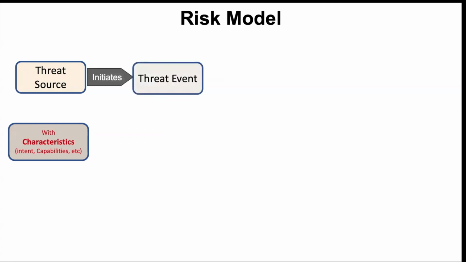So that threat source initiates what? A threat event. A perfect example: this weekend, Saturday, we have a peach tree in our front yard, and our Ring cameras go off, and we look out there, and here's a guy stealing peaches off of our tree, and we're just like, is he actually out there in our yard?